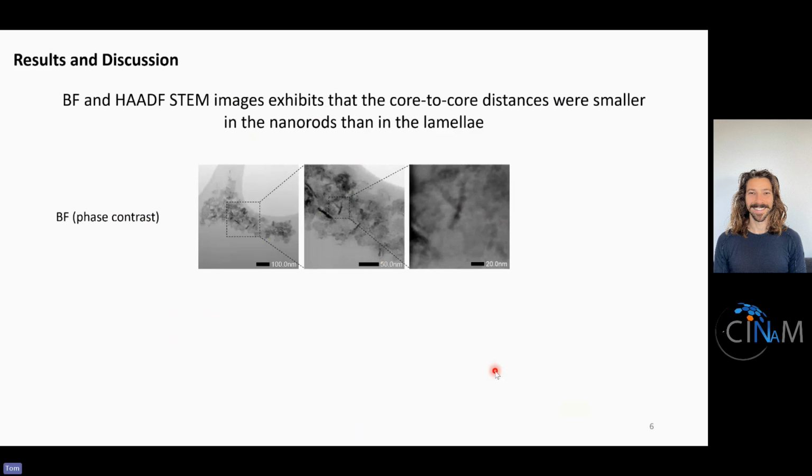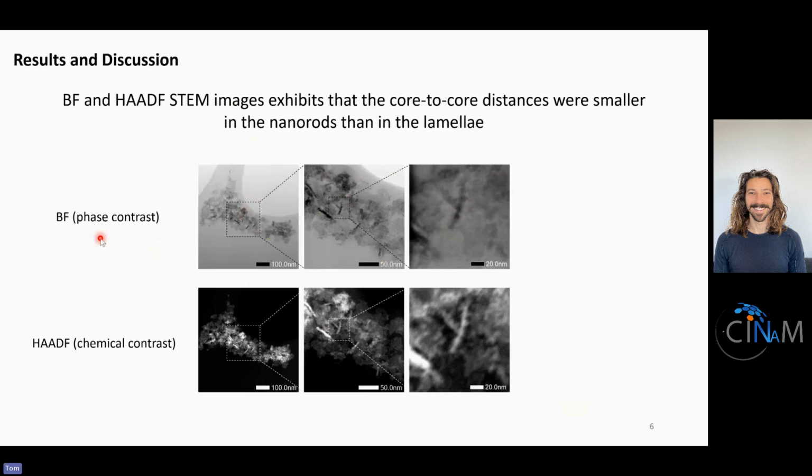So from the bright field, the phase contrast, as you can see here, with enlargement, we have the presence of the nanorod that are shown in black because they are composed of heavy element, we guess, the iron oxide. And then when we shift to chemical contrast, so HAADF, the iron oxide become clearer, and that means